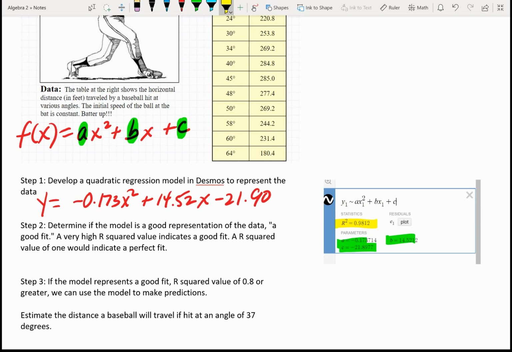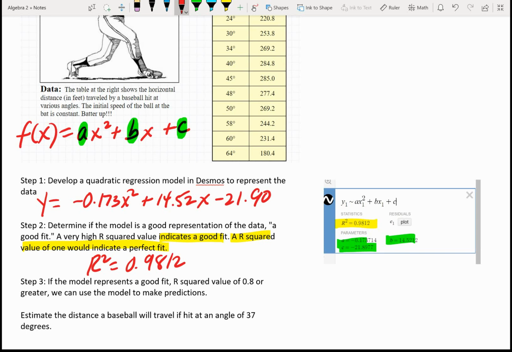Well, how do you determine if it's a good model? Well, we have this thing called r squared. And r squared indicates a good fit. An r squared value of 1 would indicate a perfect fit. Okay, I want you to notice that we have an r squared value. R squared is equal to 0.9812. Very good fit. Excellent fit. So if the model represents a good fit, an r squared value of 0.8 or greater,